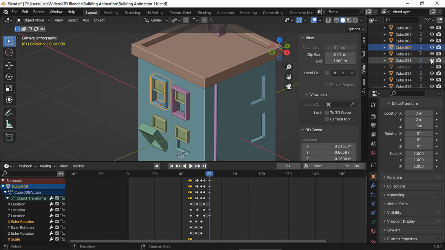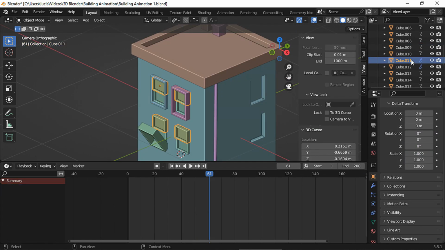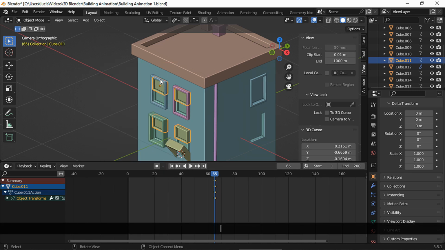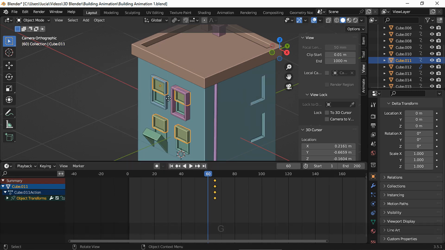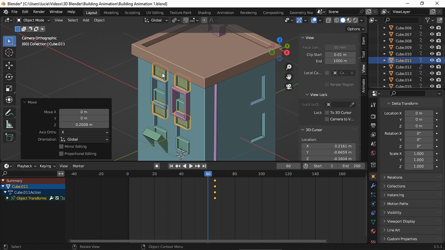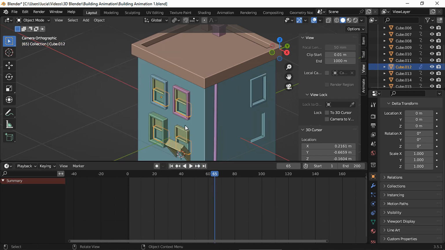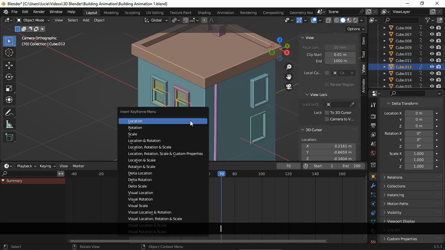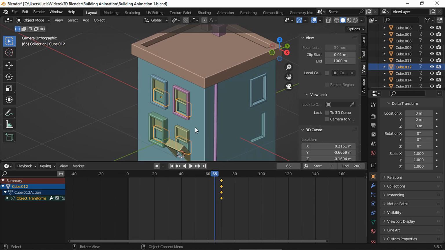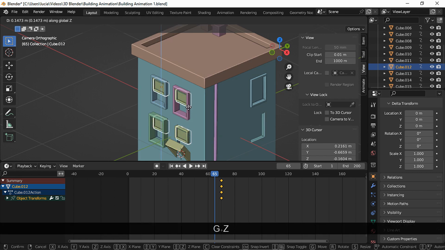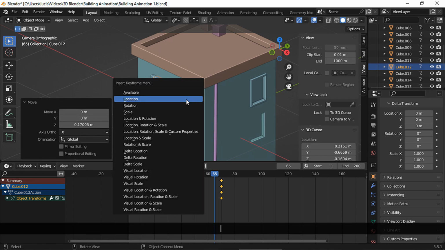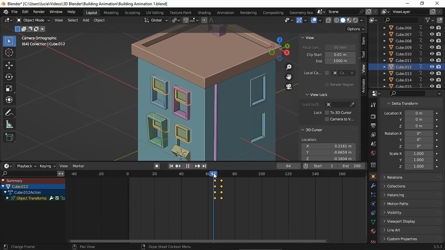And now we're gonna animate these double hung windows. Select the upper sash, and in frame 65 set a location keyframe, and in frame 60 move up on the Z-axis and set another location keyframe. 5 frames after frame 65, repeat the process for the lower sash. So in frame 70, set a location keyframe, and in frame 65 move up on the Z-axis and set a location keyframe. And now we have the two sashes going down, one after the other one.